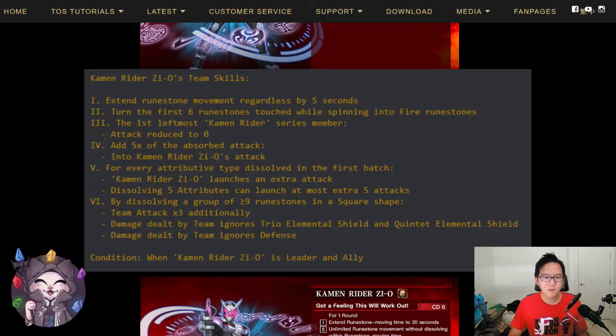So think of the 5th team skill as just a bonus, and don't center your playstyle around it, because it will be really hard to launch 5 extra attacks. So you definitely just want to focus on getting your square in order to get a ×3 attack multiplier. And then any additional attributive runes will just be a bonus. So the bread and butter of ZO will be his 6th team skill, which will be the square-shaped fire rune